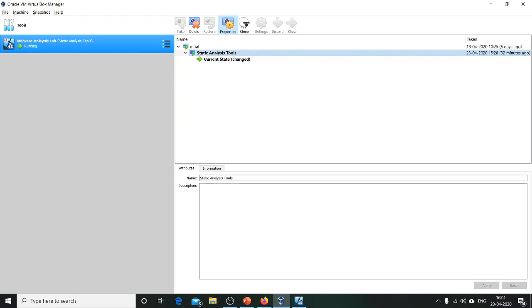Today I have created another snapshot called static analysis tools, after installing all the static analysis tools in my virtual machine, right? I will tell you clearly how to install all the malware analysis tools in my virtual machine now itself. But before that, we have to see these three configurations, the basic configurations. The first configuration is host only network. For that you have to select your